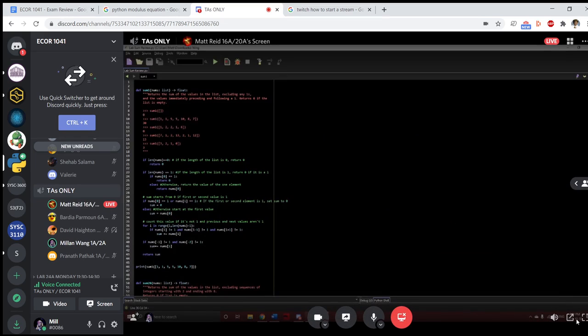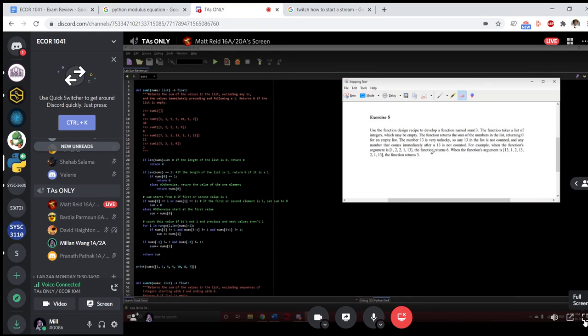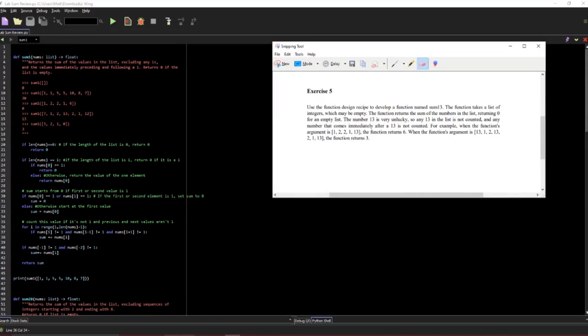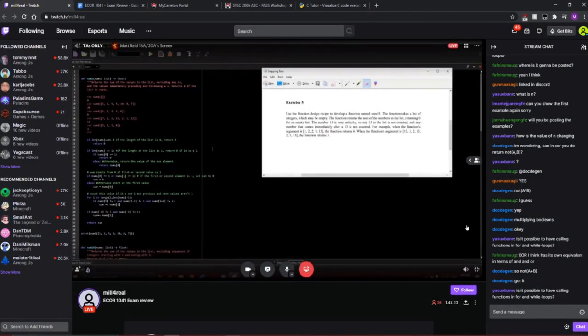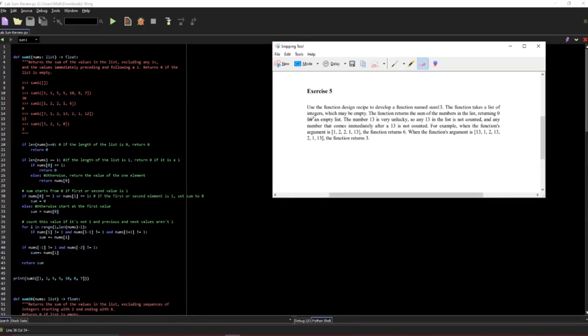Okay. All right. One other chat question that I want to address first is someone asked, is it possible to call functions inside your for loop or inside your while loop? That is absolutely allowed. You can call functions essentially anywhere: inside a loop, outside a loop, inside a function. You can have a function that calls a function that calls a function. You can have a chain of function calls that can go as deep as your computer memory will allow, but of course, you don't want to do that if you don't have to. You only do that if it's necessary for the question that you're trying to solve. So feel free to call a function wherever.